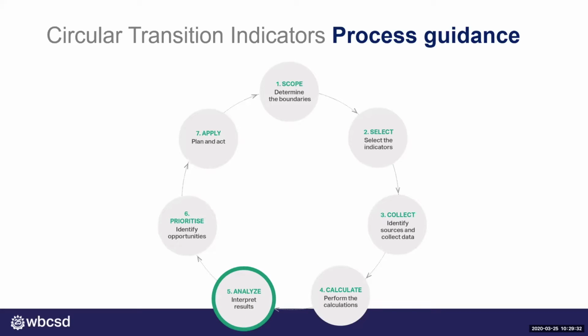Step 5 will then help companies to analyze and interpret the outcomes of their assessment. In step 6, companies prioritize material flows, assess the company's specific risks and opportunities, and explore the relevant circular strategies in response to those risks and opportunities. And finally, the framework helps companies to plan high-level implementations of their circular strategies with targets that can then be cross-checked against actual performance in the next cycle.